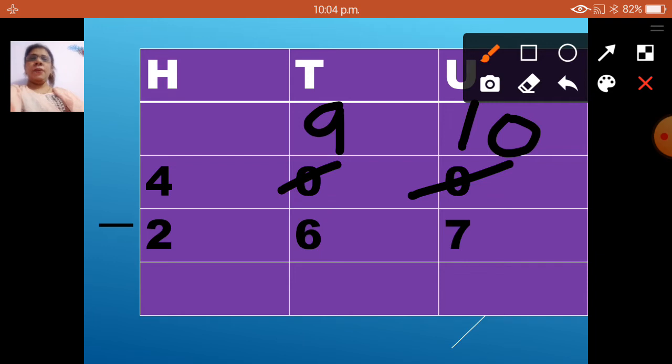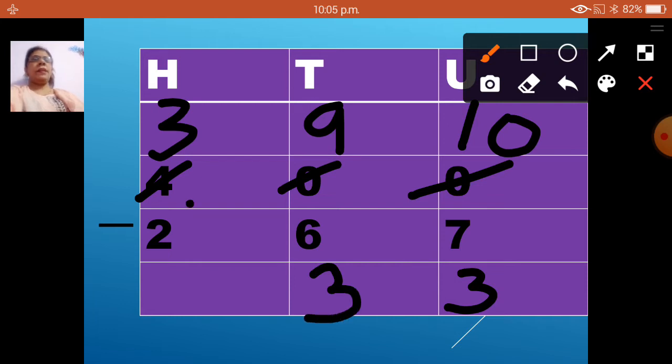And this 4 will become 3. Understood? Now 10 minus 7, 3. 9 minus 6, 3. 3 minus 2, 1. So when I subtract 400 minus 267, I get my answer